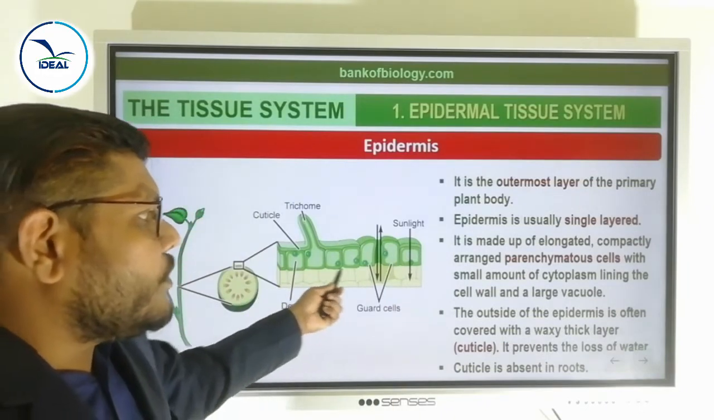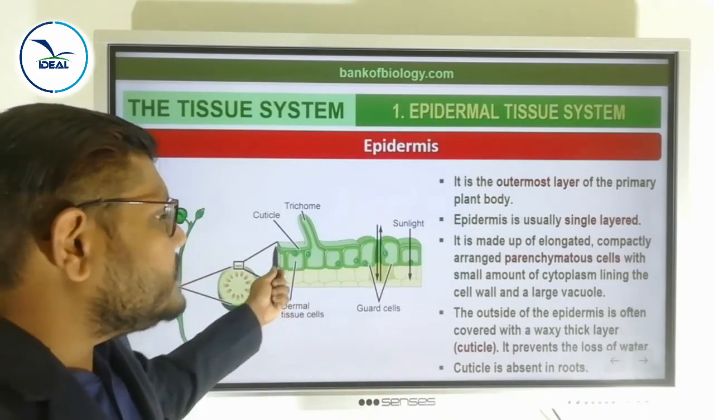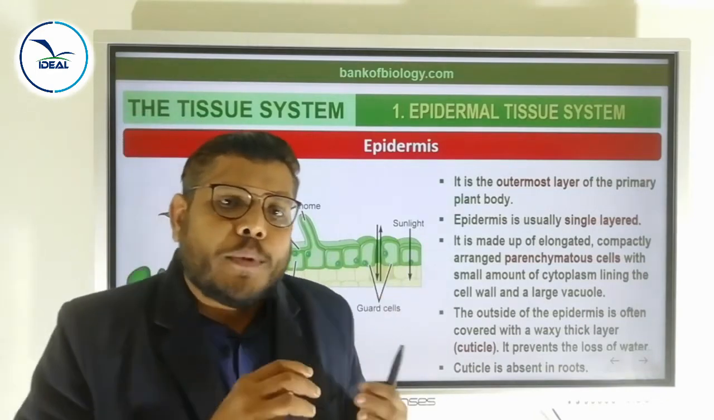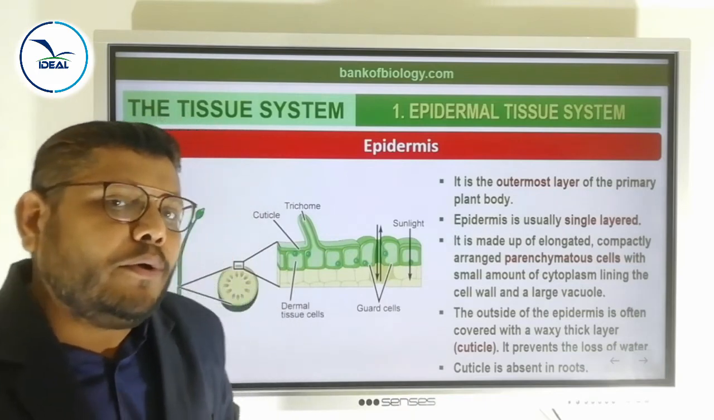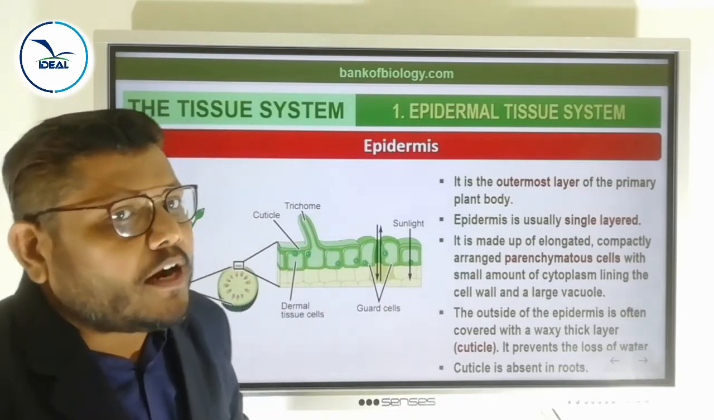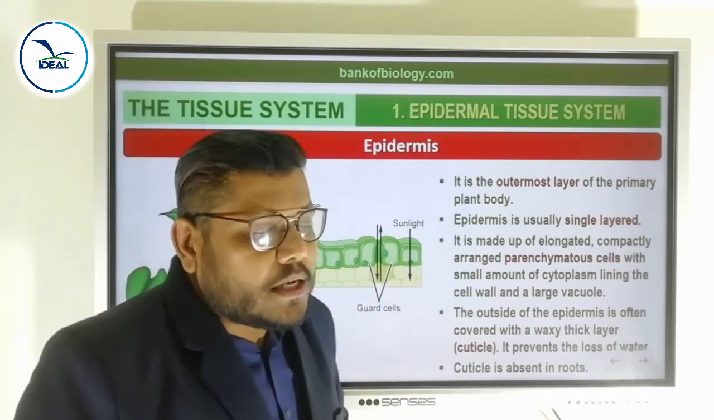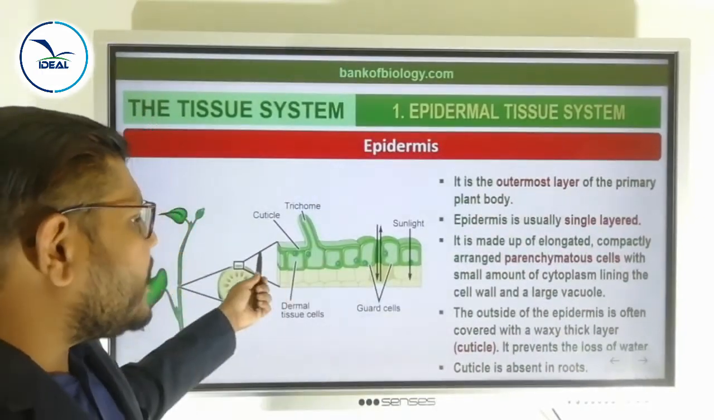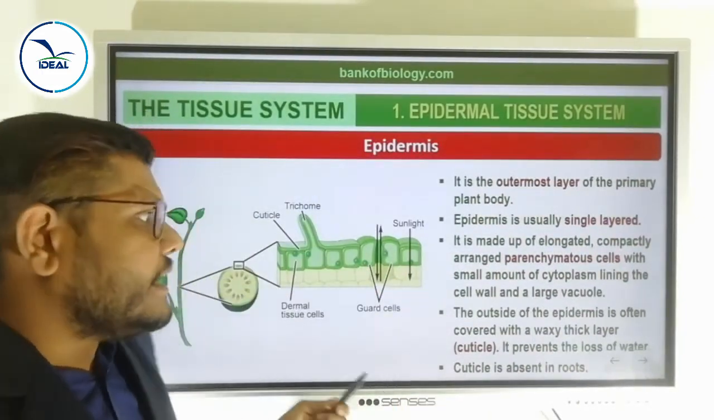A small amount of cytoplasm lining the cell wall and a large vacuole are present in the epidermis. Then the outside of the epidermis is often covered with a waxy thick layer that is called